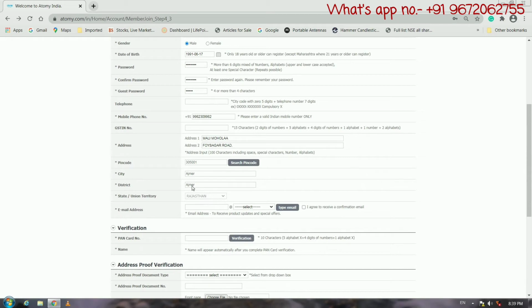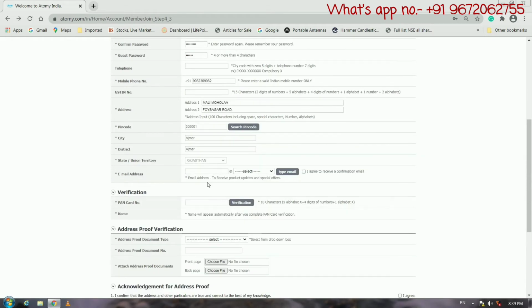It will automatically take your district and the union territory or the state.